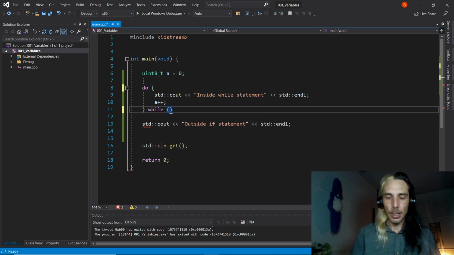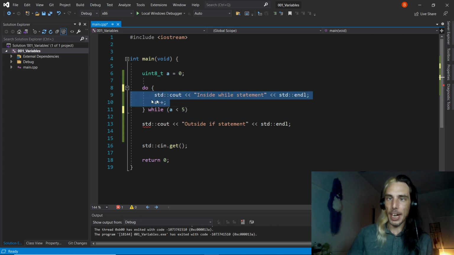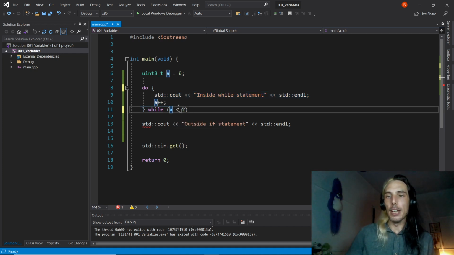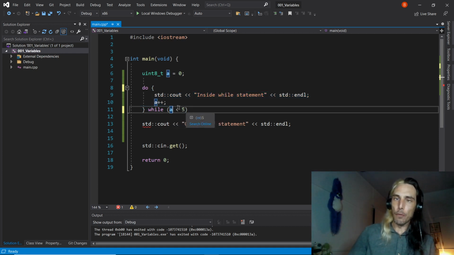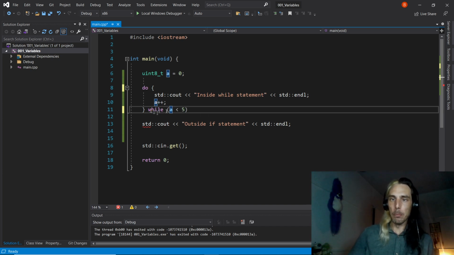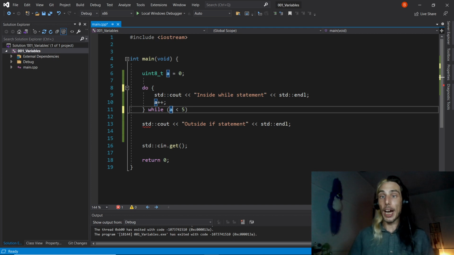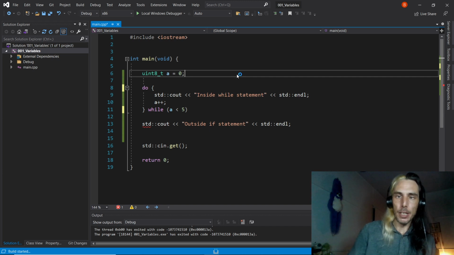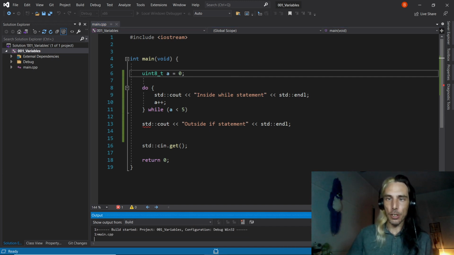So, in this instance, we should only get this happening 4 times, because the first time through, it's going to add 1 to it, and then second time through, it'll add 1 again, which means that with this comparison, the first time through, a is going to be 1 by the end of it, which means that when it does the comparison, we'll get 4 iterations of the loop before a becomes equal to or greater than 5. So if we run that guy like so,